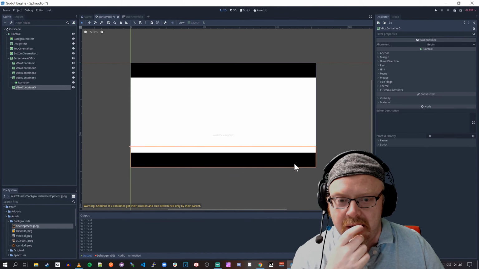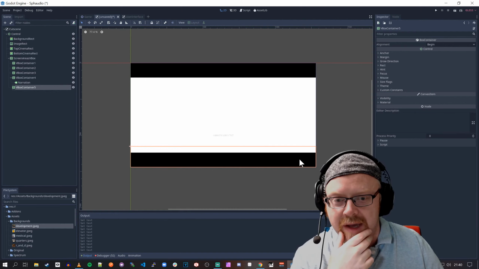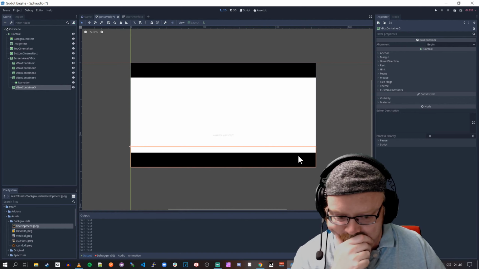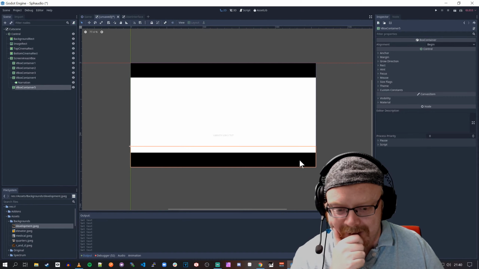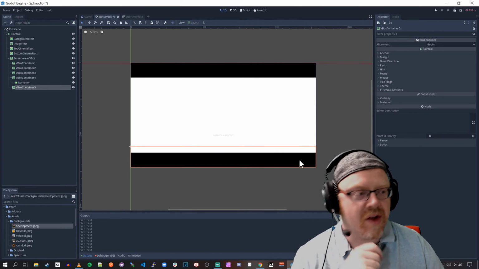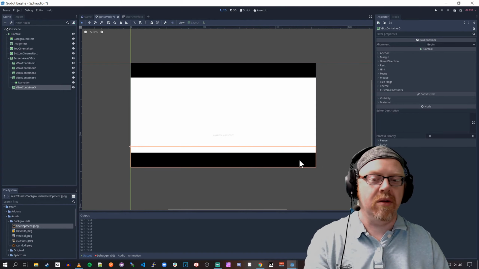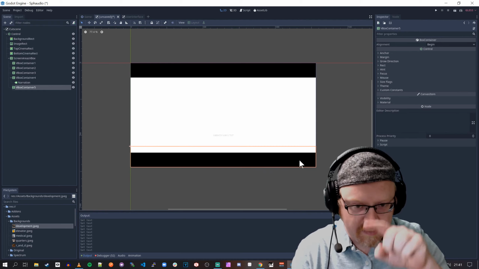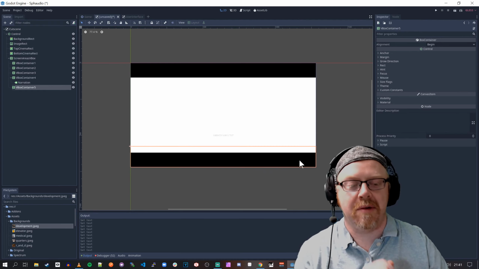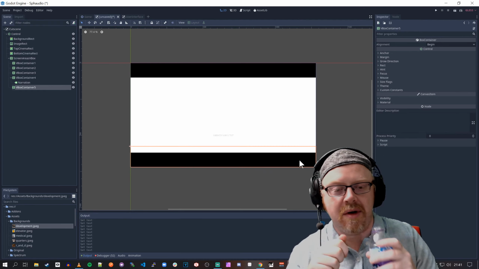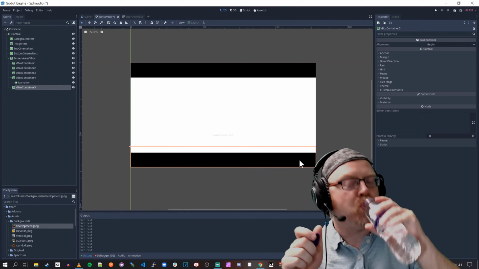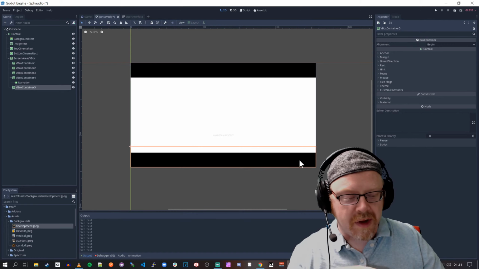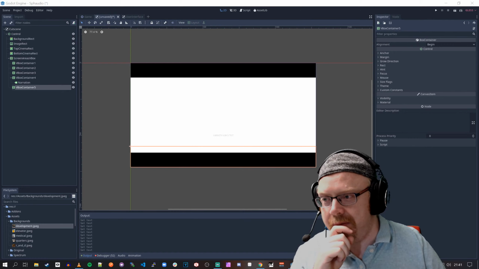And then we'll probably want some sort of skip cutscene option down here. I think the common way of doing that is to hold your mouse button down, right? So it spins. It says skip cutscene. You know what? That's a lot of effort for very little value right now. So I'm not going to do that. I'll put a little